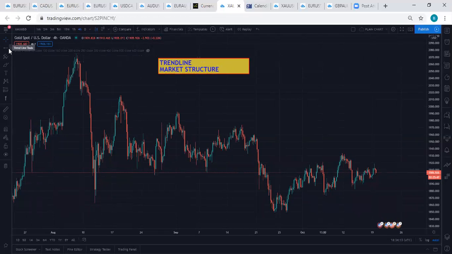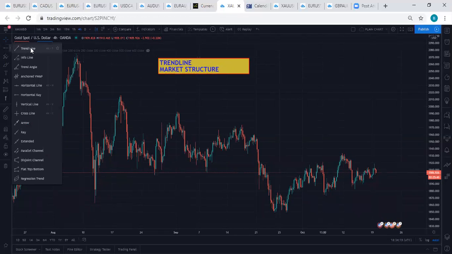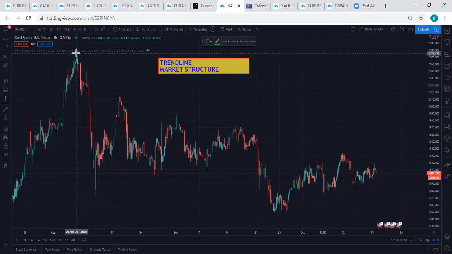Now, this is where you come to. You click on this trend line. Now, I want to draw my resistant trend line. I click on trend line, and you draw it the way you draw support, from the peak. This is my resistant trend line. I need 2 or 3 peaks to touch.